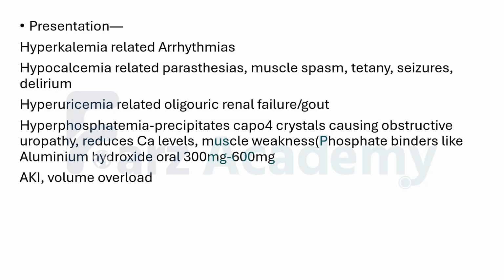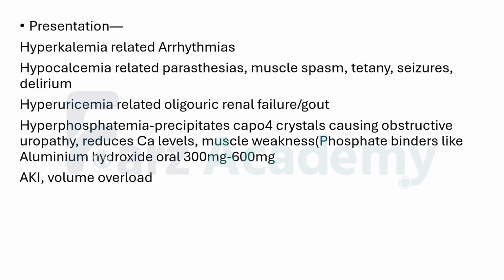And if urine output drops, we don't want these crystals to precipitate in the tubules and block them. So we hydrate these patients very aggressively if there are no active contraindications. Maybe the patient has volume overload signs or cardiorespiratory failure. But even in that case, you have to start hydration, maybe at a lower rate, but keep urine output at least more than 100 ml per hour.